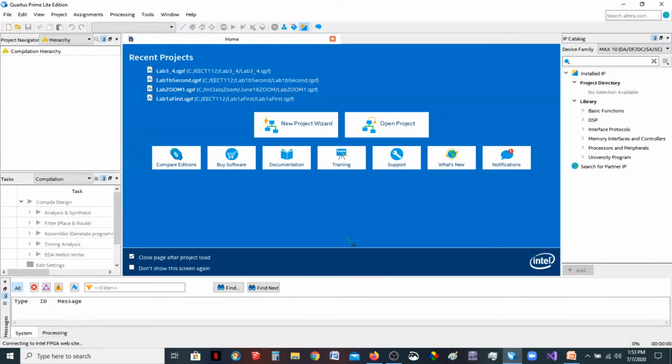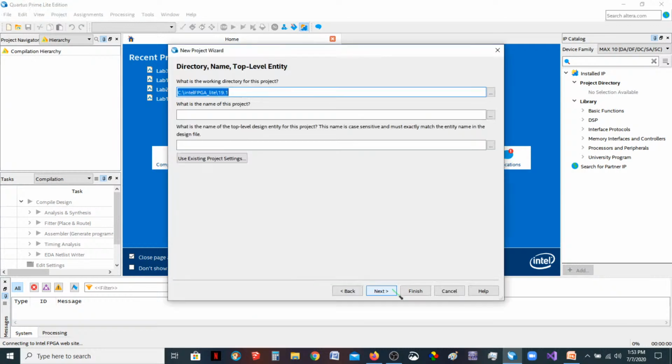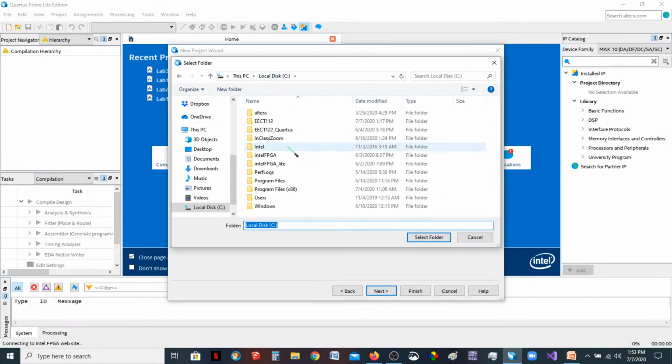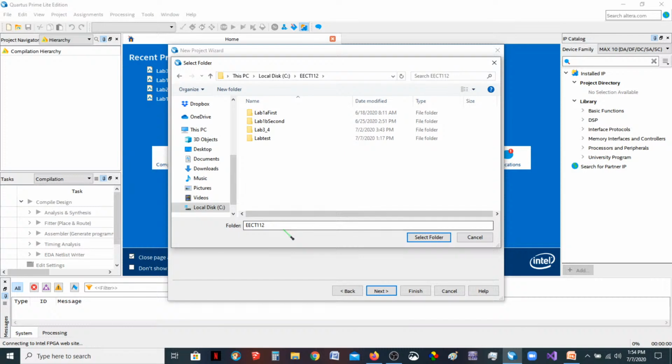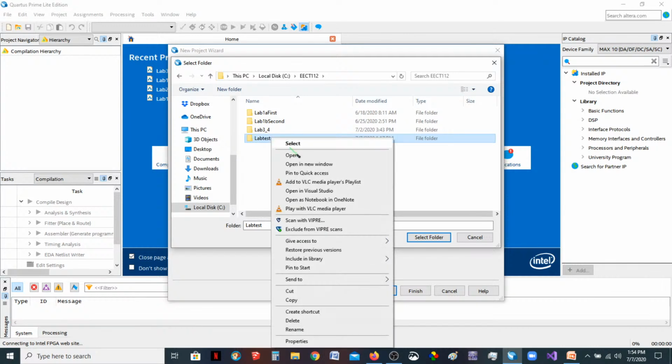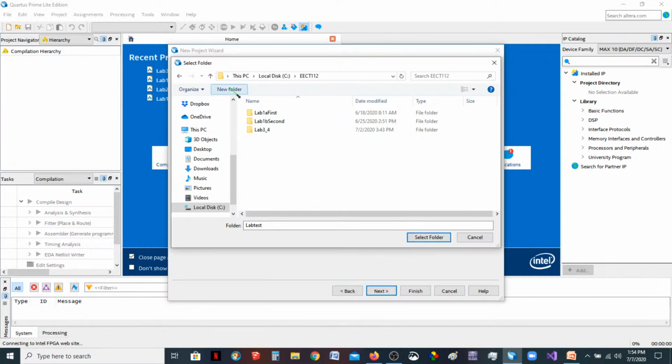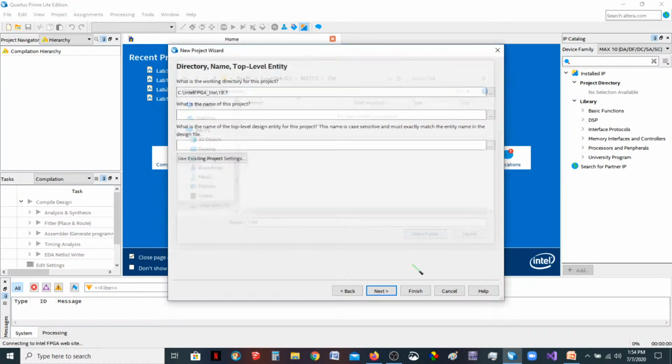All right, so I'll just walk through this again. New project wizard. Next, I want to change this to my C location where I know things are, and create one. I just called this one lab test. I don't really need that one anymore, but I do want a new folder, and I'm going to call this one lab. It doesn't really matter for me, I guess. I'll just call this Chapter 6. So that's my folder. Okay, and then I'm just going to call this one Lab